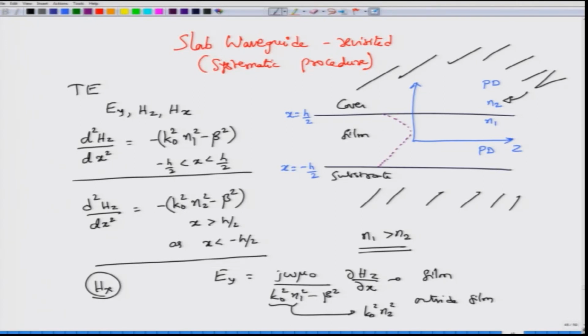So, it is a sinusoidal solution, but the solution cannot go to 0 here at the boundary. Why? Because the continuity between two perfect dielectrics is that the tangential components must be equal to each other. It does not say that the tangential component has to go to 0 here, only that these two will be equal, and we do know that there are evanescent fields outside the film because of total internal reflection phenomena. So, these fields would actually decay in this exponential manner.